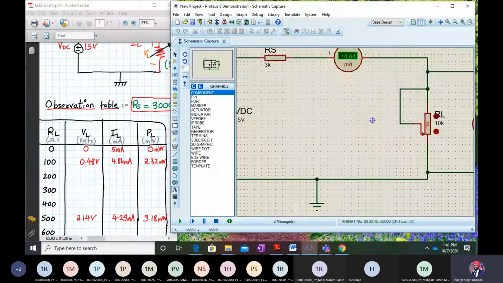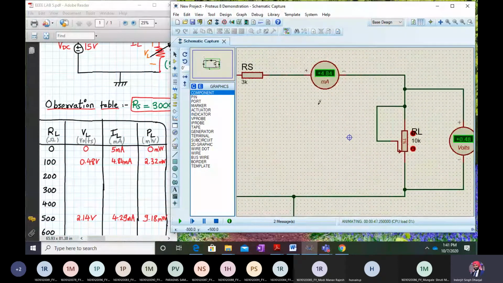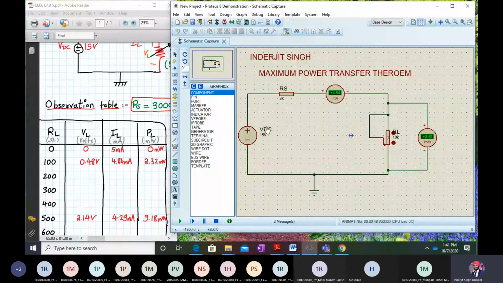Now let me adjust the screen a little bit. Now this is fine. Right now if I go to 1%, I get 100 ohms RL, and I'll note down the corresponding value of VL as 0.48 and IL as 4.84 milliamperes, and I calculate the power from it.